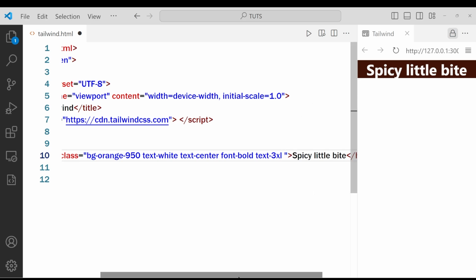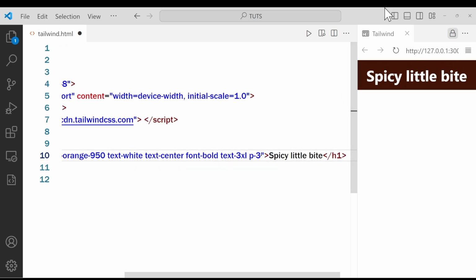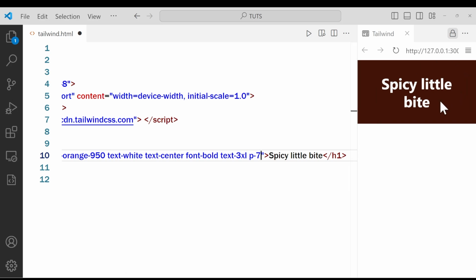And if you want to add some padding around it, type in P-3. It will add some padding all around this H1 element. Or I can change it to 7 to add more padding around it. However, if you want to add padding only to the top or the bottom, you say